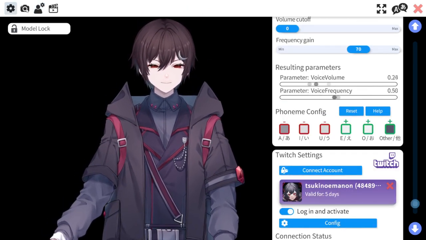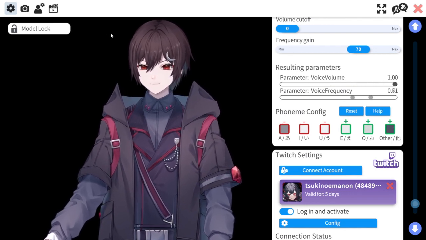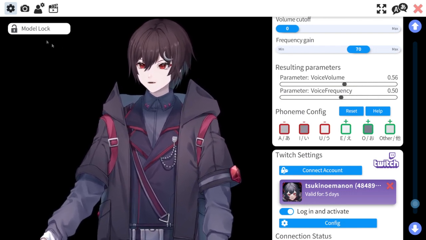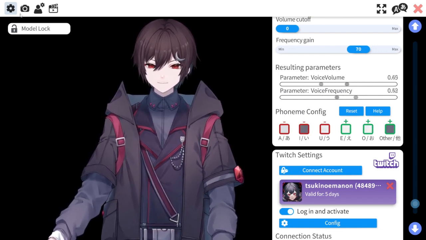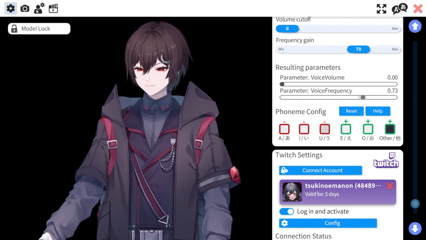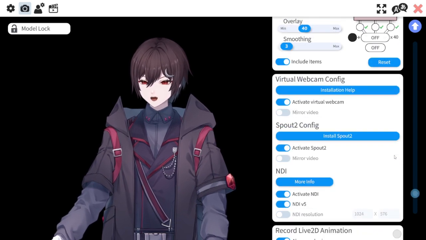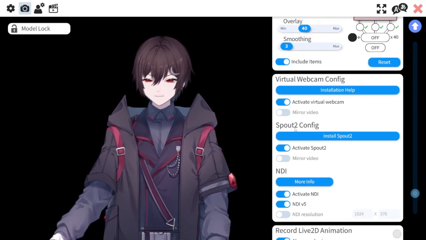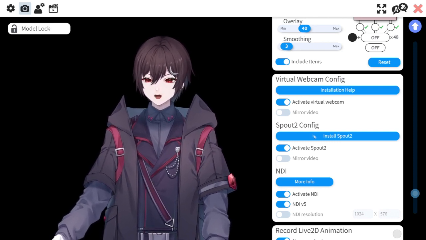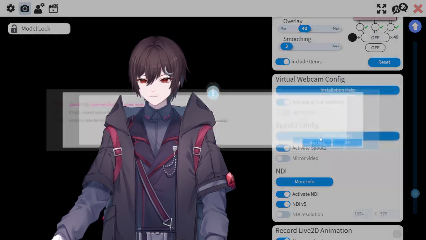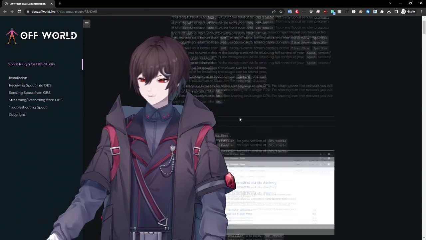Okay, so now let's get into some very interesting thing that you guys should use, because I know a lot of you guys are using game capture for your Vtube Studio on OBS, and it takes a lot of CPU resources. So what you want to do is go on the second tab and use this. The most recommended method now is using Spark 2. So what you want to do is install Spark 2, more info, it's going to open a website, you go to the releases page,